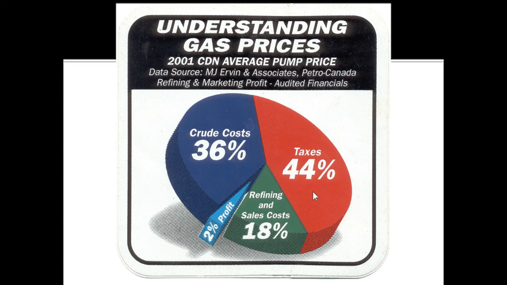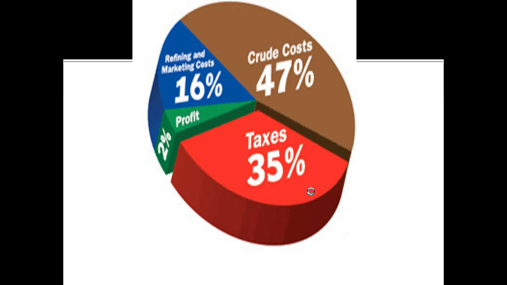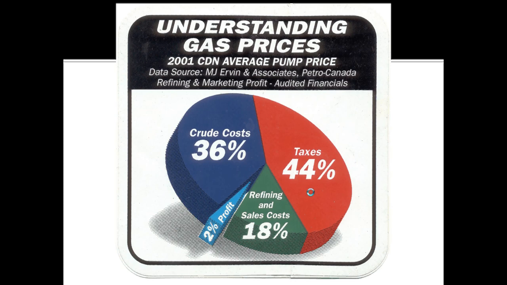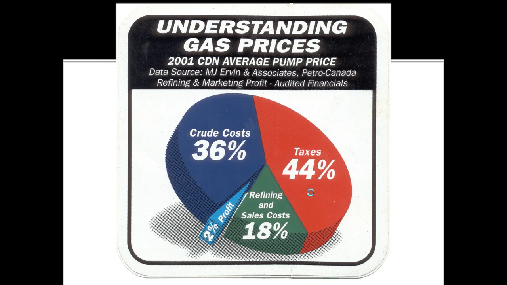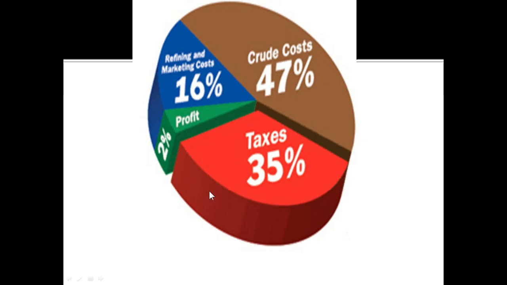Now let me show you the same graph that I pulled off the Petro-Canada website a couple of years later. This one is much better at lying. Let's go back again. Do you notice the differences? What have they done to make this a more lying graph than this one? This one's okay. Yep, this is a nice light color, and that's nice and red. But they shouldn't have pulled this one out. So now they switch the taxes to the bottom, and they pull it out. And it's red, and it's three-dimensional, all to exaggerate how big that is. It's almost like somebody actually went and sat in my math class and listened and learned how to lie.